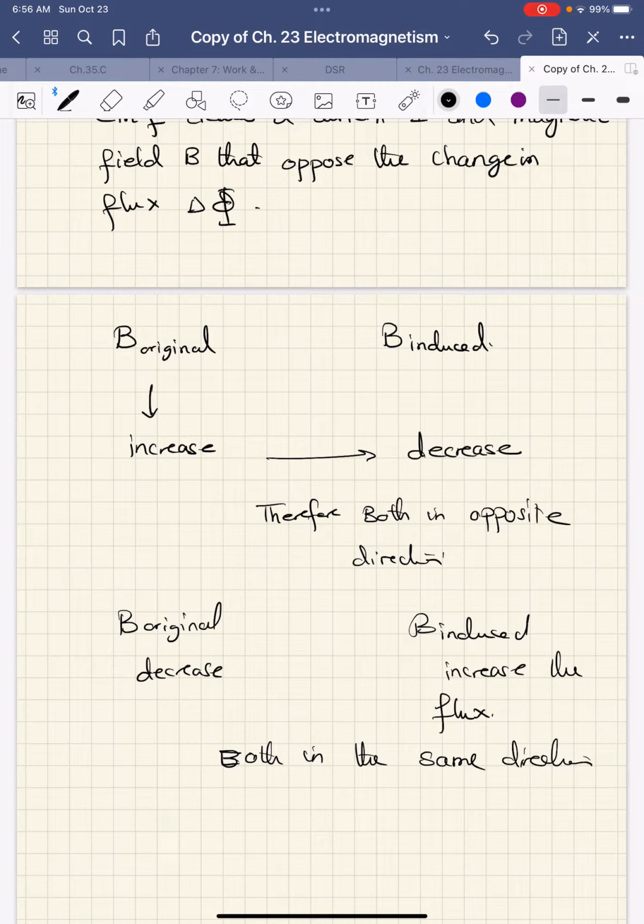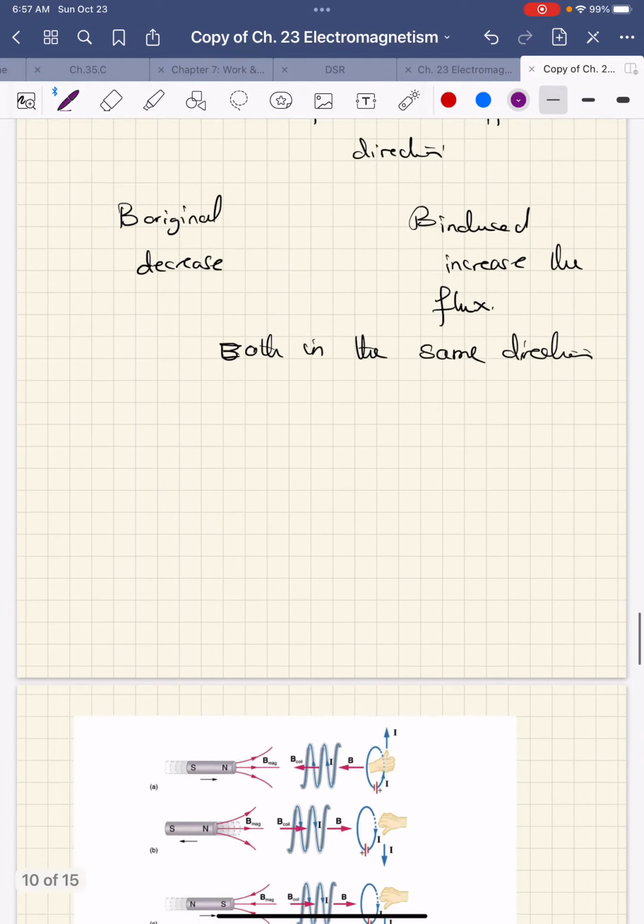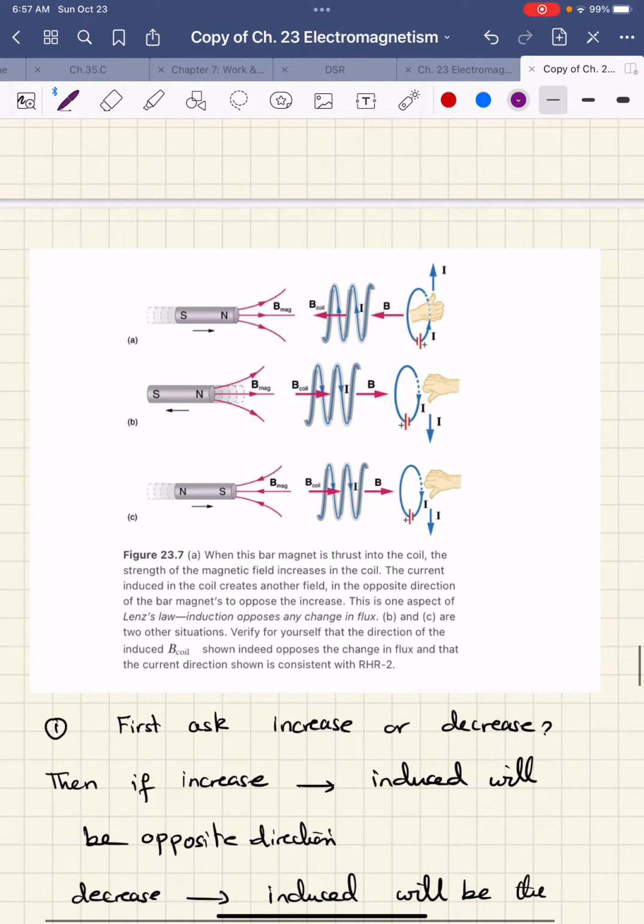I'm going to use here B original and B induced. Here, I want to reflect that it's going to be in the opposite direction. Then this is going to be B induced. Now here, this is just to show you,